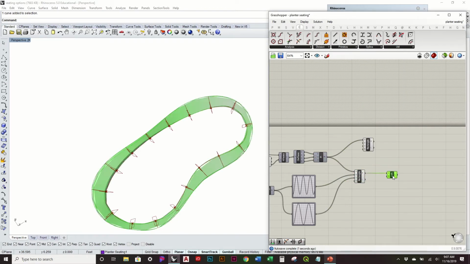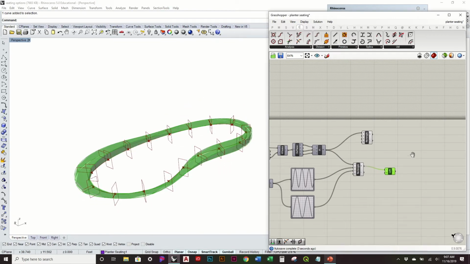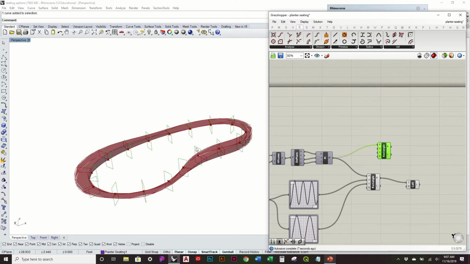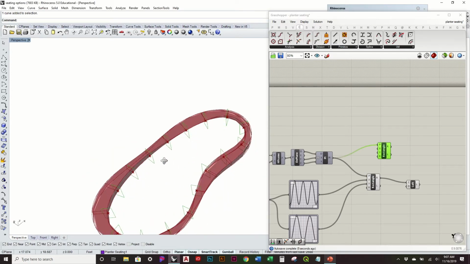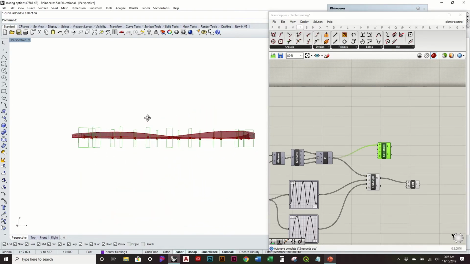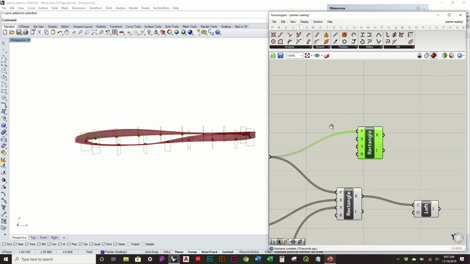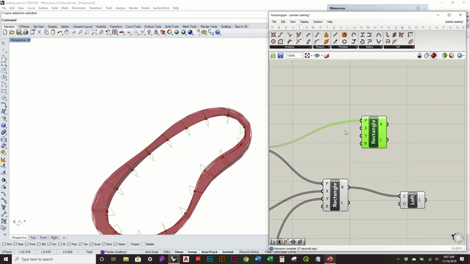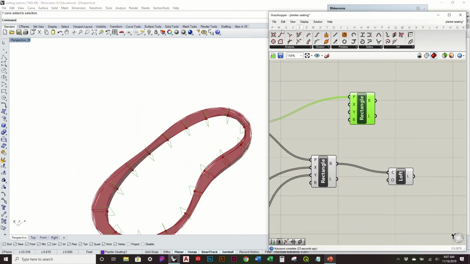And I'm again going to just treat this as something like I'm physically slicing through it. So I have to make sure that these rectangles that are going to be cutting through it are completely intersecting with it. So I think the height is okay, so the y. Now I just need to make sure that the x is always going to be long enough, and both directions too, right? So math, construct domain,